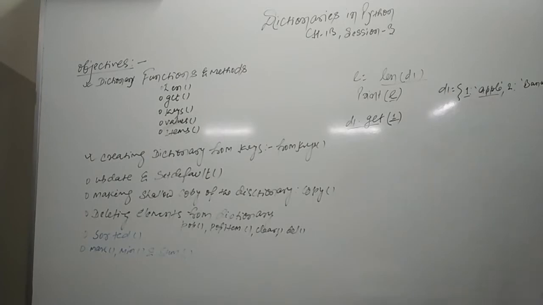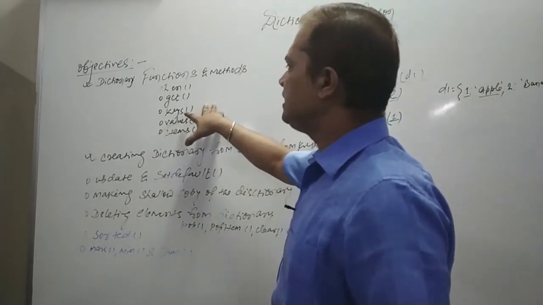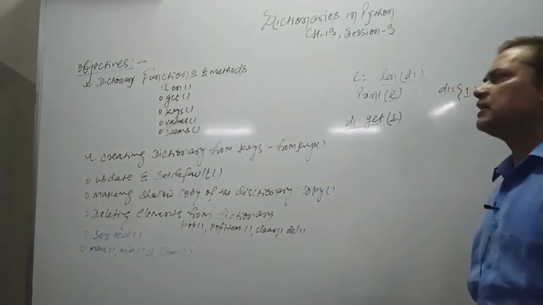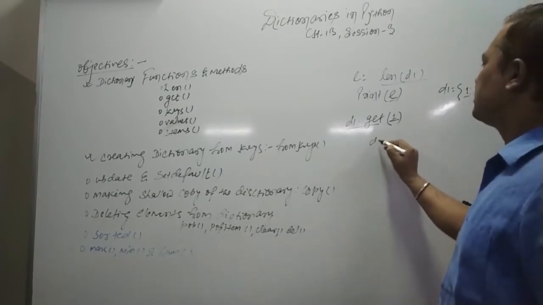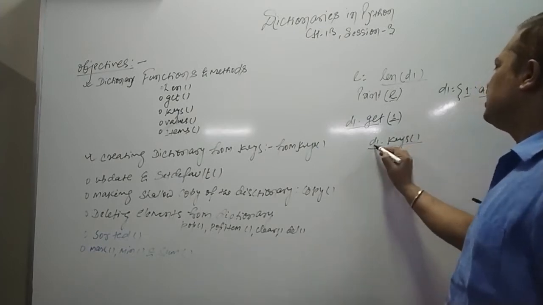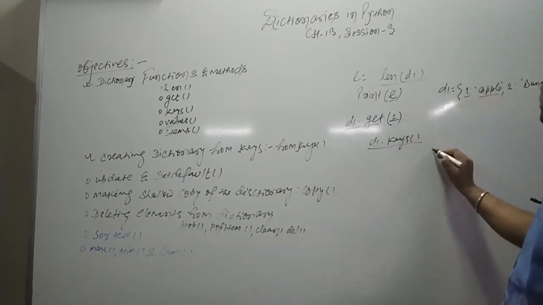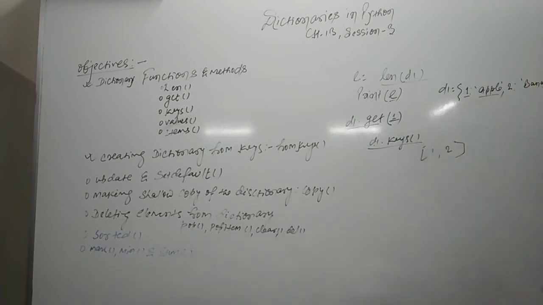Now the next method is keys. The keys function of a dictionary basically helps us know all the keys of the dictionary. Simply use D1 dot keys. Mind it, D1 dot keys. Here D1 is the dictionary, so it will give you 1 and 2 as the answer. That is what the dictionary dot keys method will give you as output. I hope this is very clear to all.